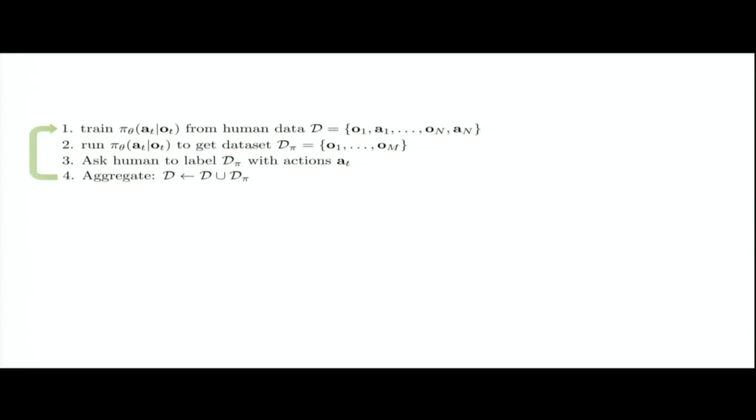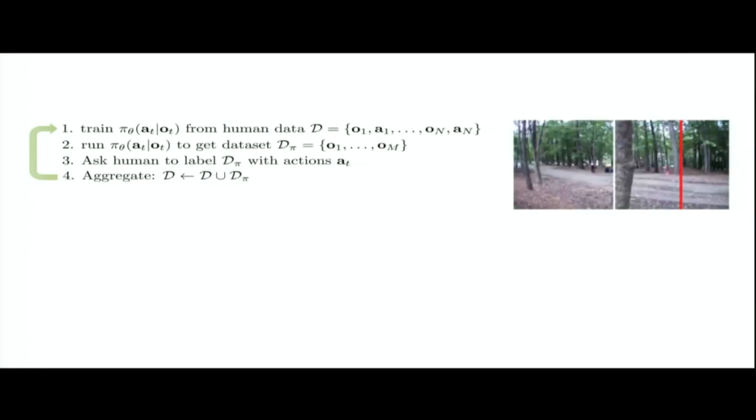So they're going to be using Dagger. That's the algorithm that I discussed before. And the way that they do step 3, asking the human for an action, this part is a little tricky for them, right? Because this is a high-speed vehicle. You can't just have a person sitting there with a joystick trying to pilot it if it's not actually being piloted, if it's just playing back a movie, because the person relies on feedback. So this is a little hard to label for Dagger.